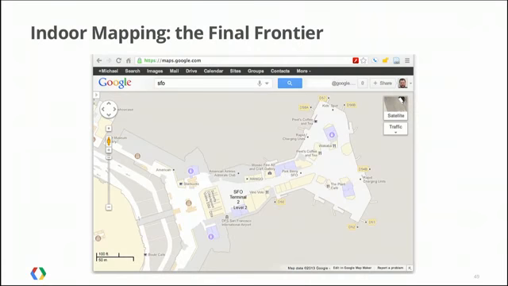All right, and then the last topic that we want to talk about on that is indoor mapping, what we call the final frontier. And there was actually just a session on this, otherwise we would be telling you to go to it. But basically, it's not sufficient to map the outdoors. We want to be able to give you walking directions from your terminal at the airport when you land to your next gate, and all sorts of things like that. So we're going to, hopefully, have a demo video of that.